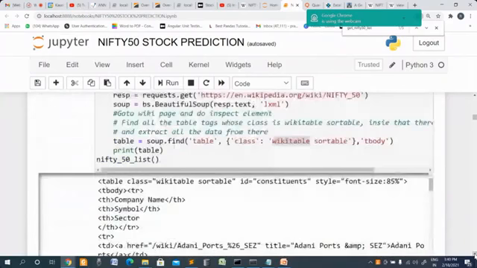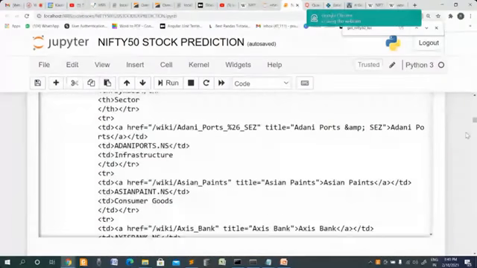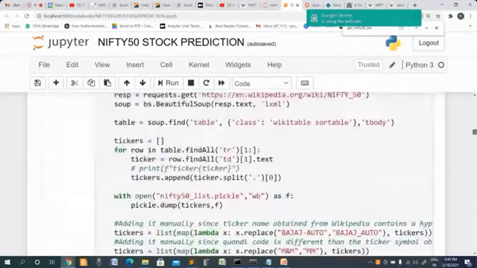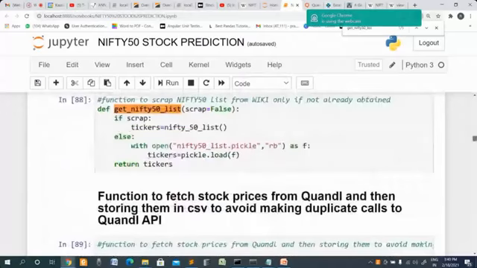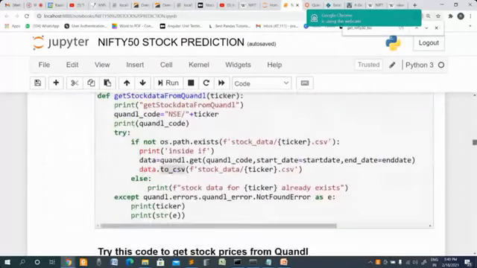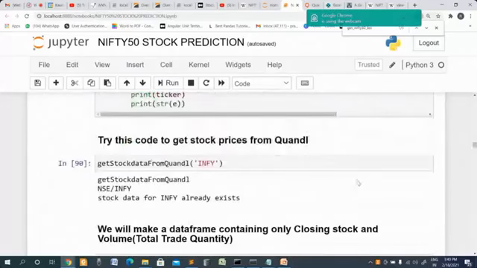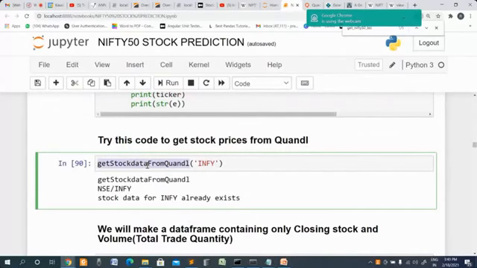So this is the code to extract that information. Once we have done that, you can check whether you can pull for one company, or you can pull for multiple companies.